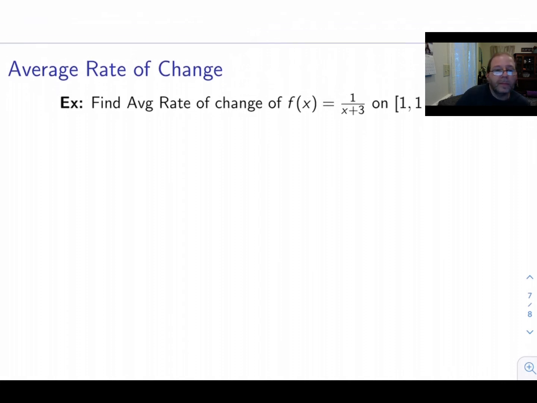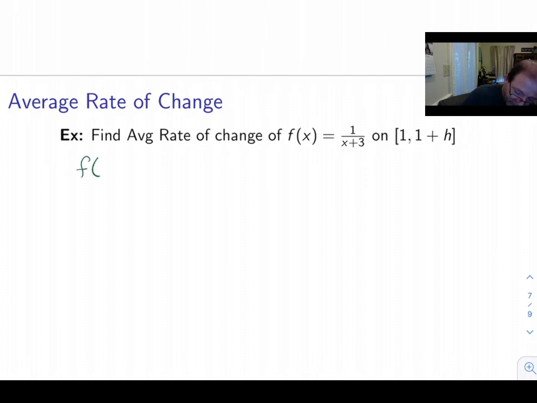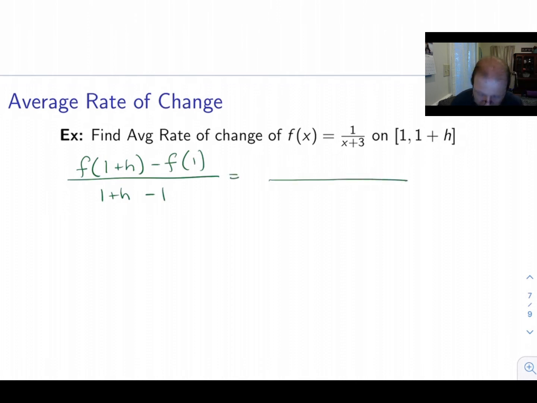Let's look at this one. Find the average rate of change of f of x equals 1 over x plus 3 on this interval. All right, so that's going to be f of 1 plus h minus f of 1 over 1 plus h minus 1. All right, the top of this is more complicated than the bottom. The bottom is just 1 plus h minus 1, so that just leaves us with h. On top, though, 1 over 1 plus h. I'm just going to replace the x here with 1 plus h. So I get 1 over 1 plus h plus 3. And then f of 1 is 1 over 1 plus 3. So what I've got here is 1 over h plus 4 minus 1 over 4